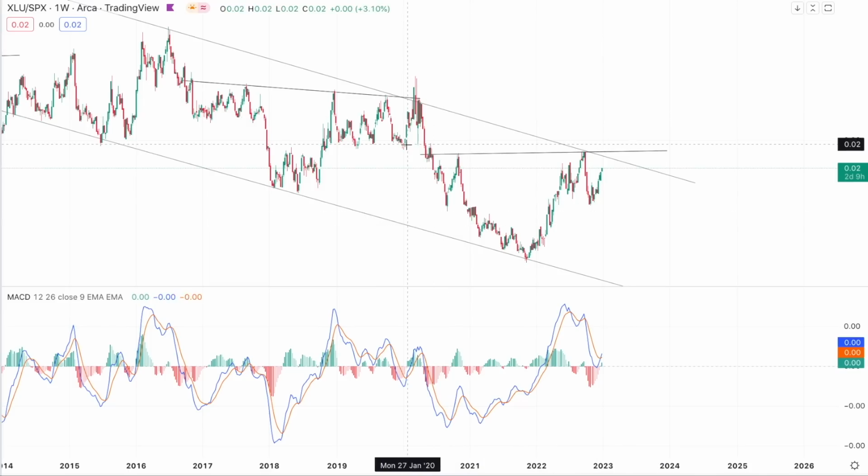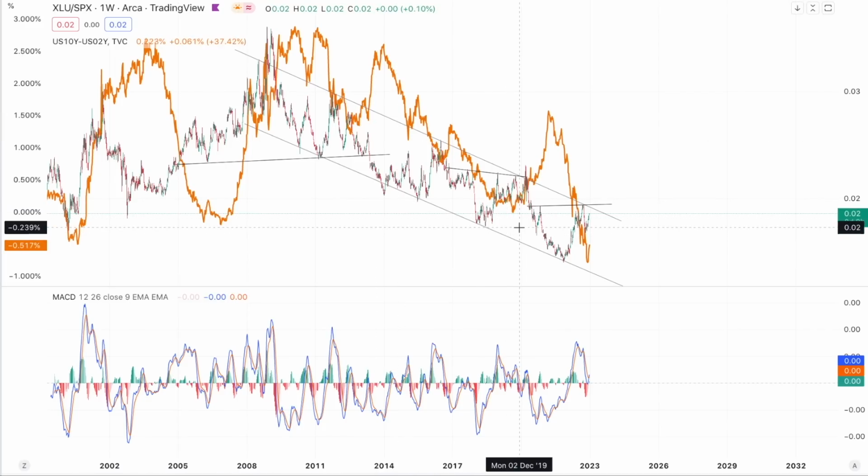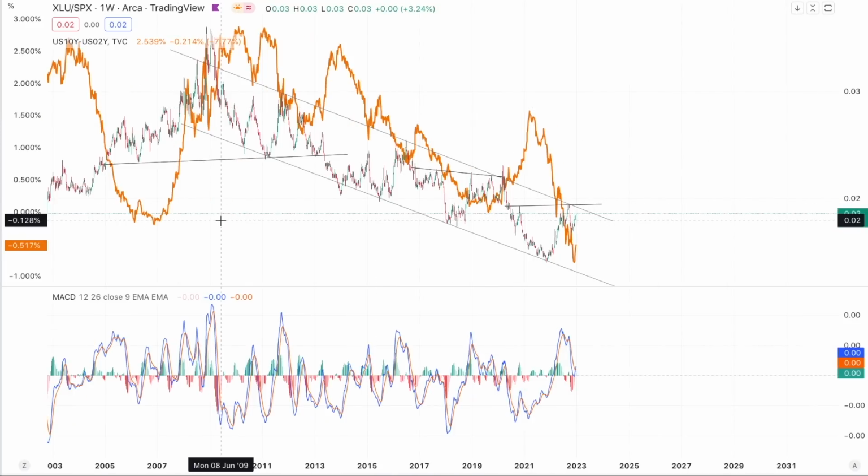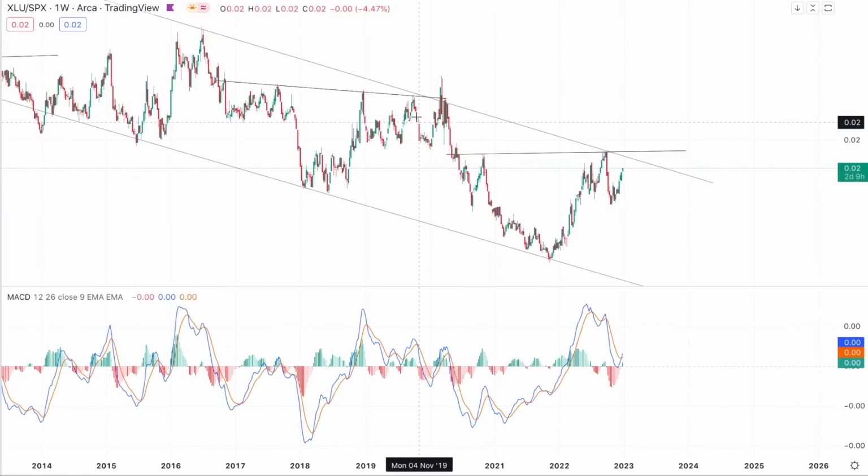Now, you could argue that we were indeed heading into a recession before COVID happened. We had just seen the yield curve invert for the first time since 2007, and the economy was showing signs back here that it was weakening quite rapidly, with consumer spending and the labor market weakening. Of course, you had COVID that stepped in right here, and a massive amount of stimulus that potentially pushed out the recession that was supposed to come in 2020, 2021.